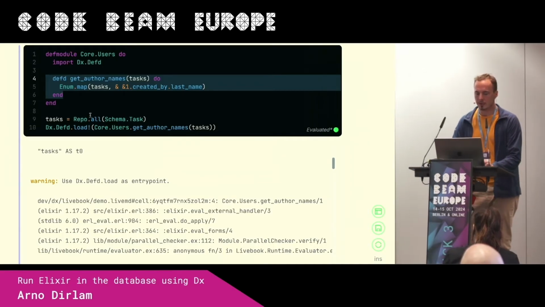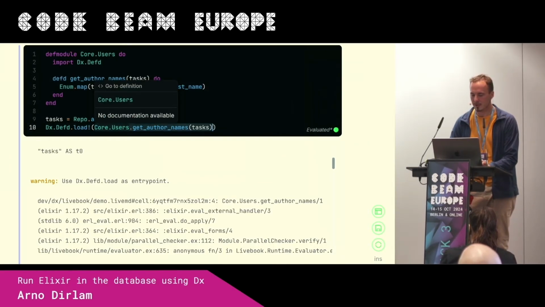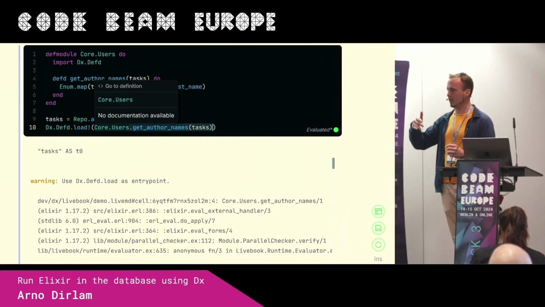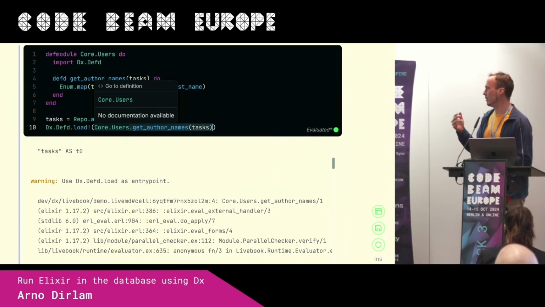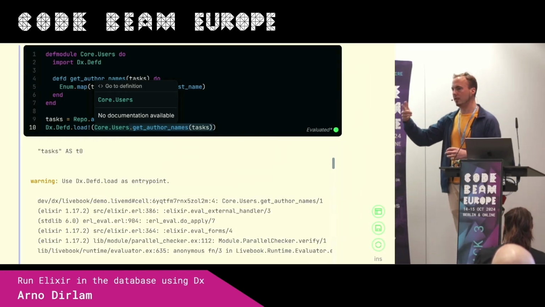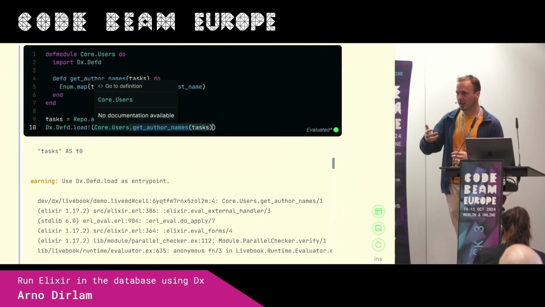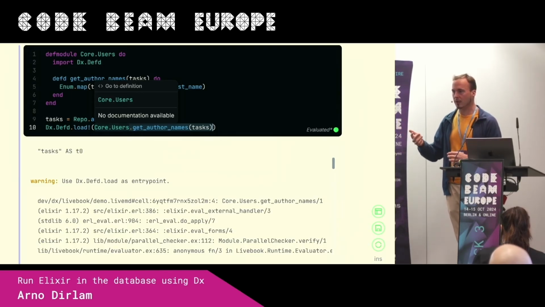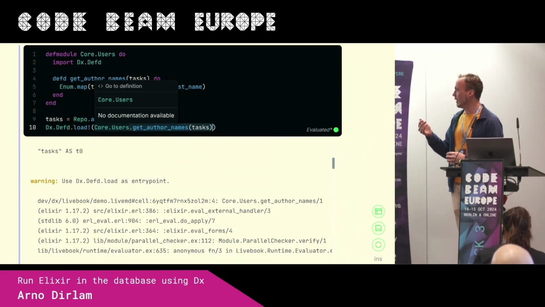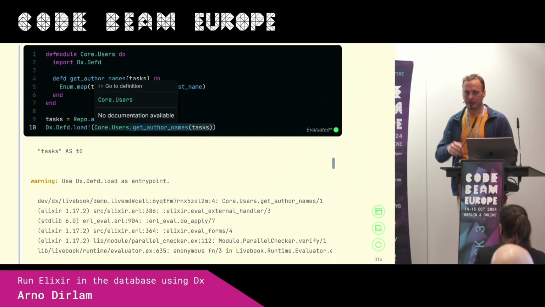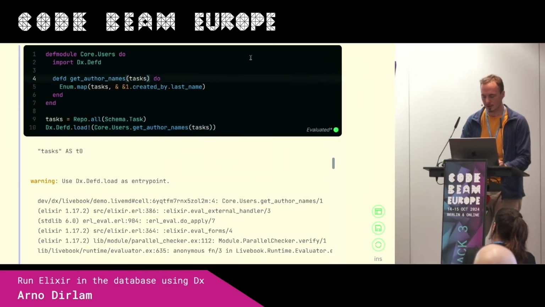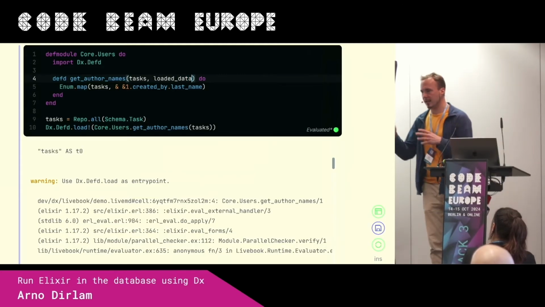And here, when you call a defd function, that's your entry point. It will run the function, and if it's okay, it returns the result. If it's not okay and there are some data requirements, it will load them. That happens with the data loader library in the background, and then it runs the function again. Internally there's also an additional argument added with all the loaded data, and this is accessed internally.